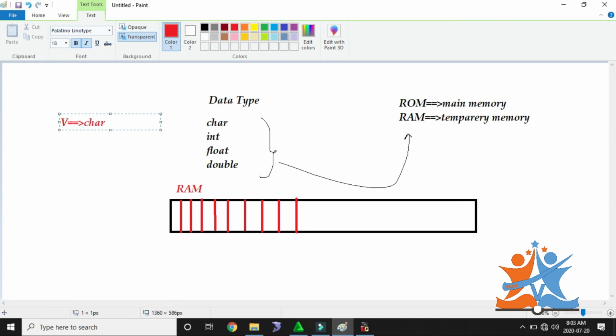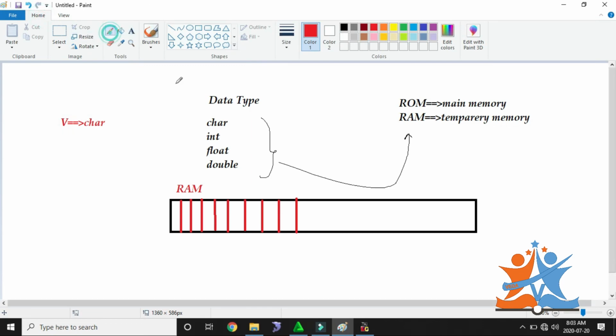Char type of data type. So this char data type needs to occupy some memory in RAM. How much memory will it occupy? We will see how much memory integer, character, float and double occupy.